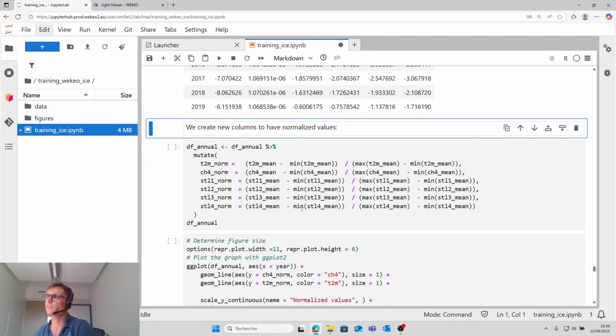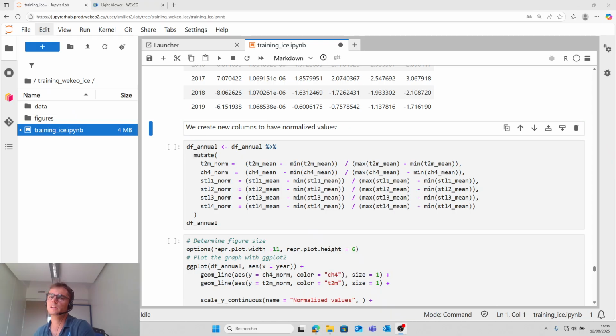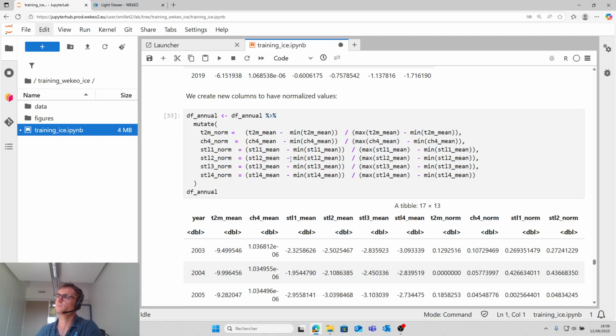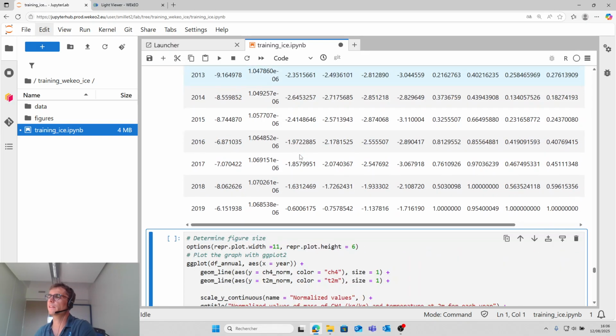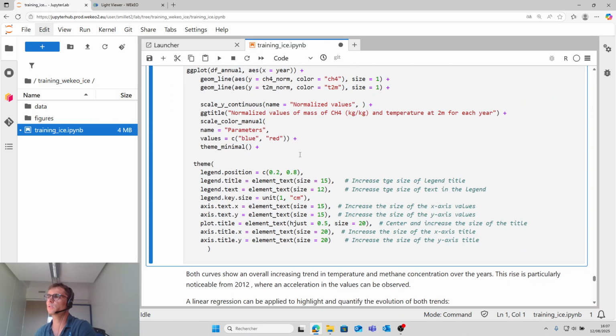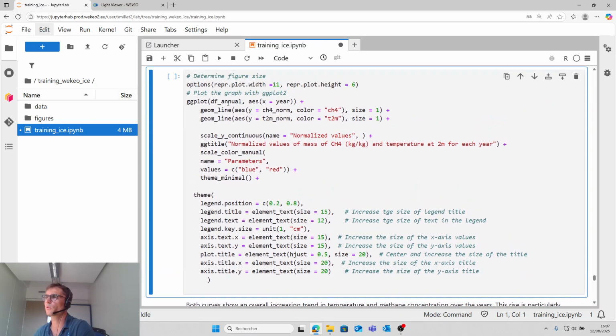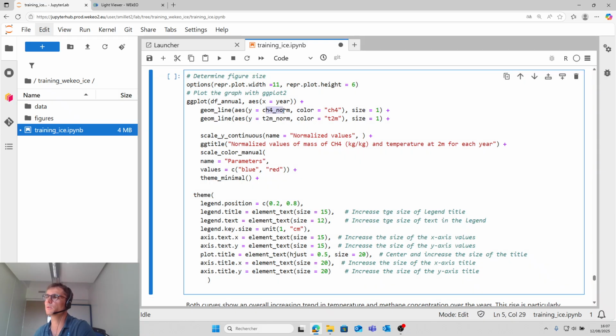And then we create a new column to have a normalized value, to see all the variables more easily on the same scale. And finally we plot the figure. So we plot the methane and temperature at 2 meters, the normalized values.